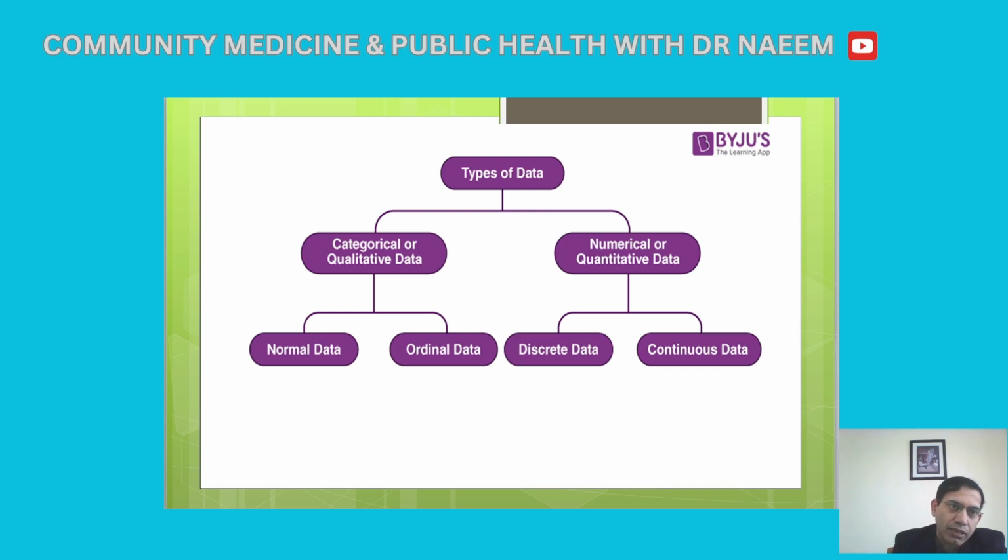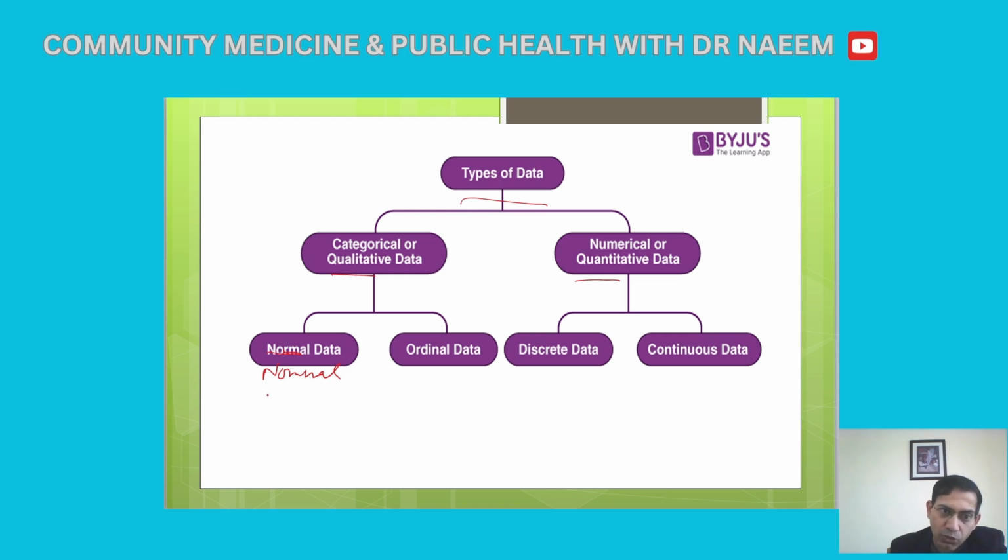Now again, a very important topic for students is types of data. There are two main types. One is qualitative type, the other one is quantitative type. So we will discuss the qualitative type. This is actually nominal data. Okay, nominal and ordinal. Nominal is the qualitative type of data in which there are groups, but there is no